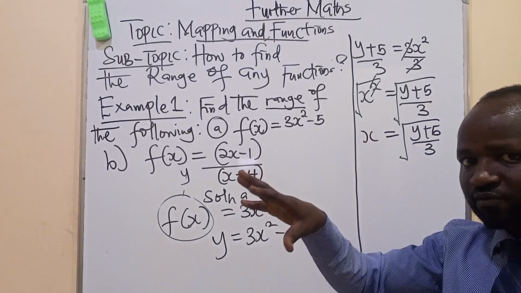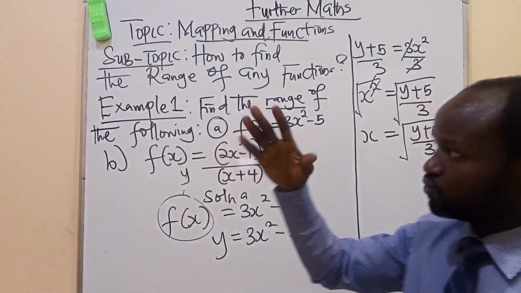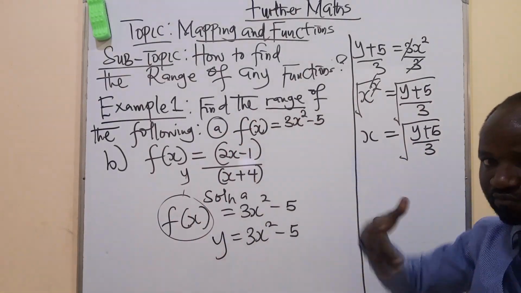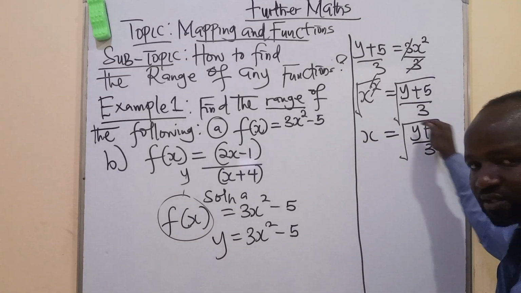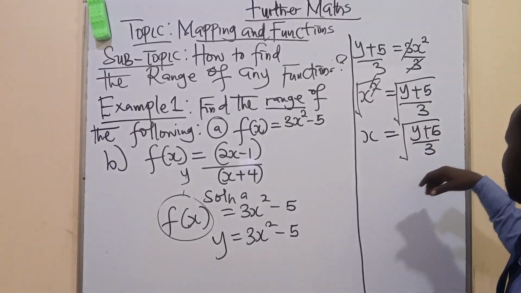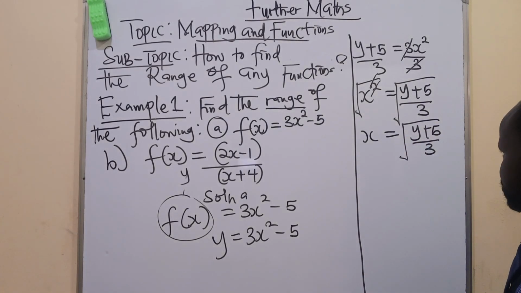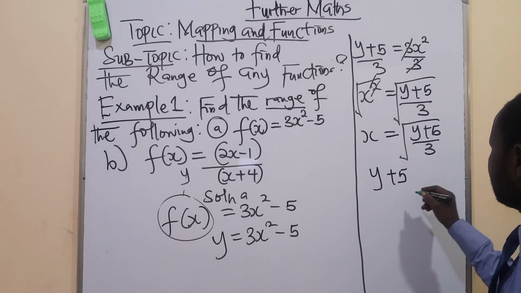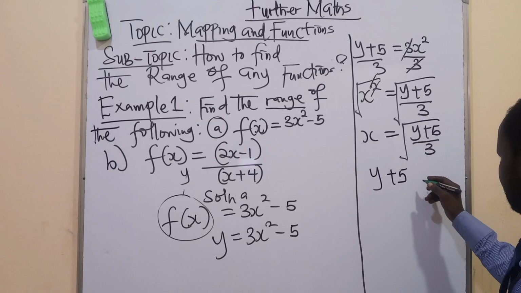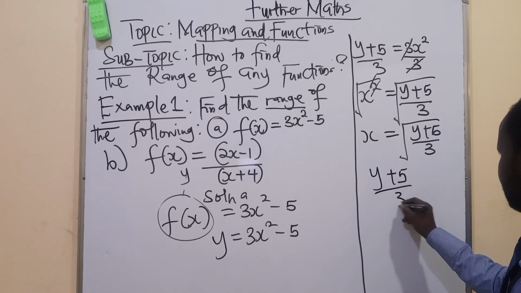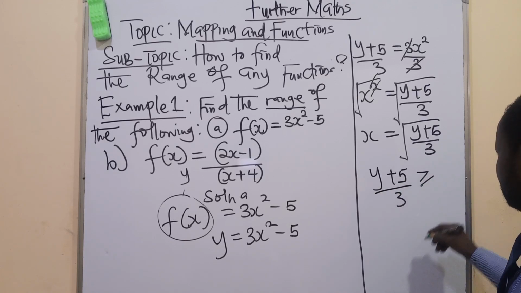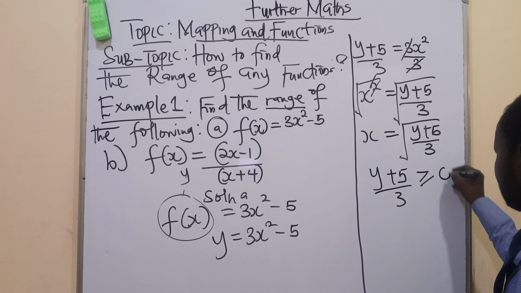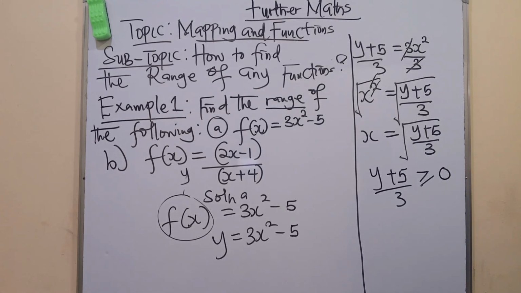If you check my previous video, under cases 1, 2 to 5 under the domain of a function, anything you have under the square root or radical must be greater than or equal to 0. So we have y plus 5 divided by 3